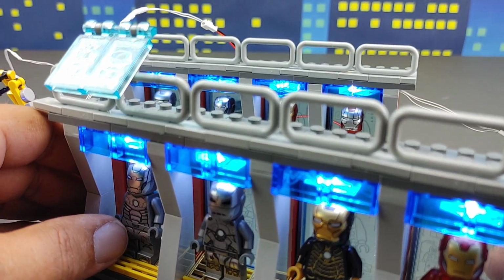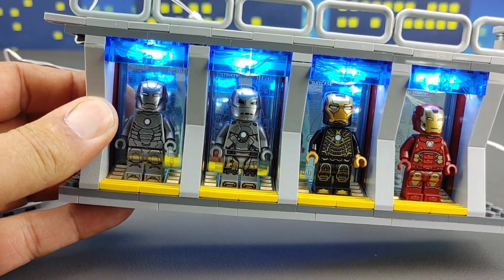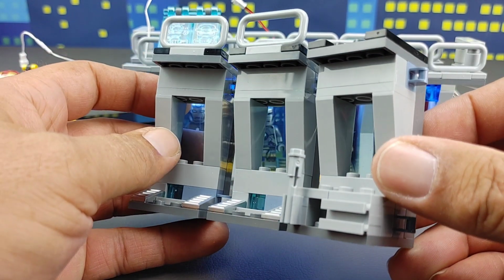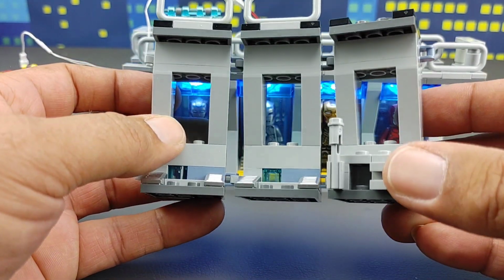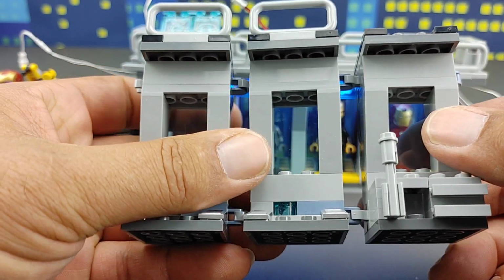Something else I did is the typical Hall of Armor thing. Actually, let me show you what one looks like. This is how the actual Hall of Armor set comes and looks. And don't get me wrong, this is still a cool set, but I didn't like it because when I was